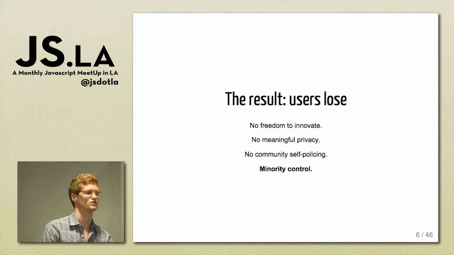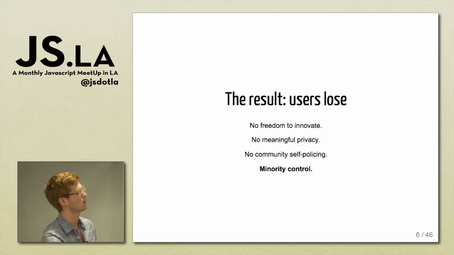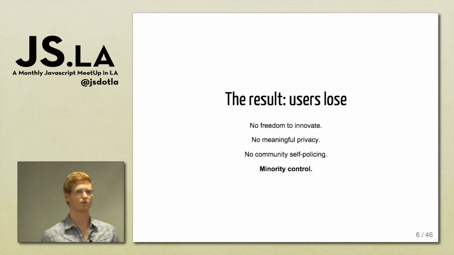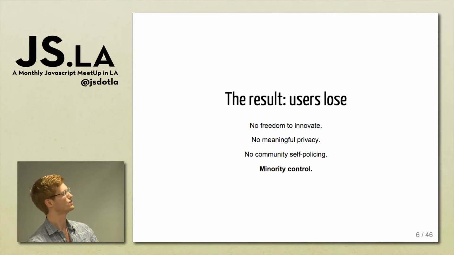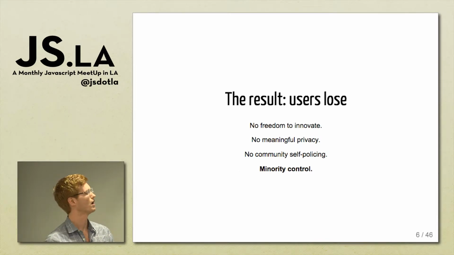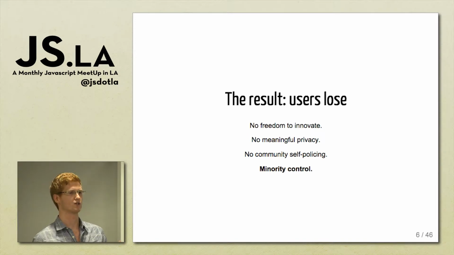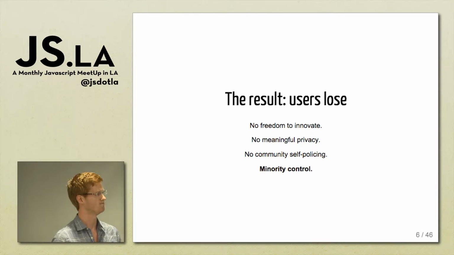The inevitable result of this is that the users lose. We lose opportunities to innovate by modifying the software that we use to make small changes that we think can improve on it, sometimes even big changes. We have no control over the policies for our data. We're not able to choose who has access to it or whether or not it's sold. And we lose an opportunity to police our communities, to do things like deal with trolls, deal with spam, or handle naming policies. So we're in a situation right now which is largely minority control. There's a few companies that tend to run the majority of the web.